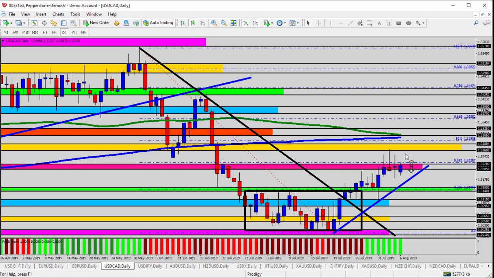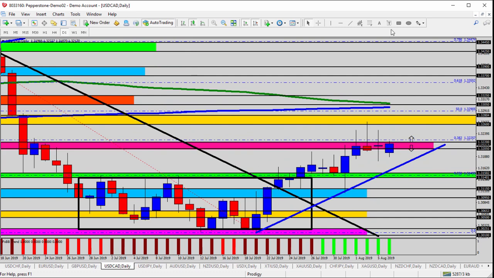So if you're considering a buy, I think probably the first thing you will need to see the market do is get above that pink shaded area. It will need to get above there. Not just a spike above it like here, but a significant breakout above that pink shaded area. So I don't think you're buying this. I think more likely you're watching for intraday signals and selling opportunities as long as it holds inside 1.3220,